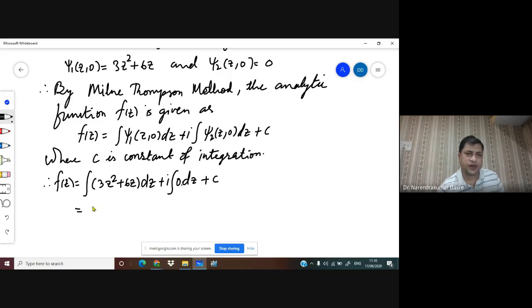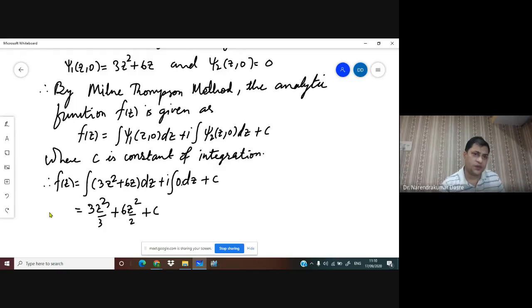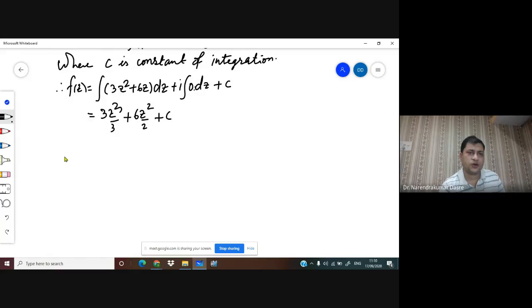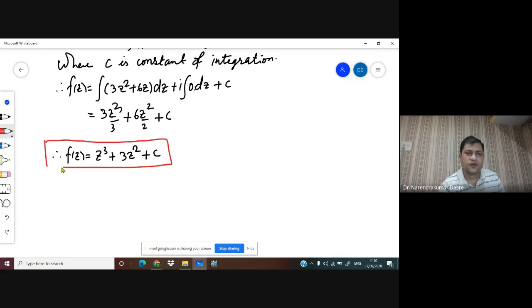Okay, so we can have this as 3z cube by 3 plus 6z square by 2 plus c. So we got here f of z is equal to z cube plus 3z square plus c. So this is the required